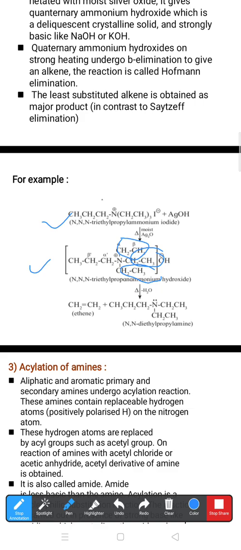Then in this reaction, from this beta elimination, from the nitrogen on the left side the first carbon is alpha, then the second is beta, next one is the gamma. But here they said beta elimination, means from the beta carbon a hydrogen atom can be removed, as well as there is breaking. That's why we'll get CH2=CH2 plus CH3CH2CH2N(CH2CH3)2. This product is called N,N-diethylpropylamine, which is tertiary.